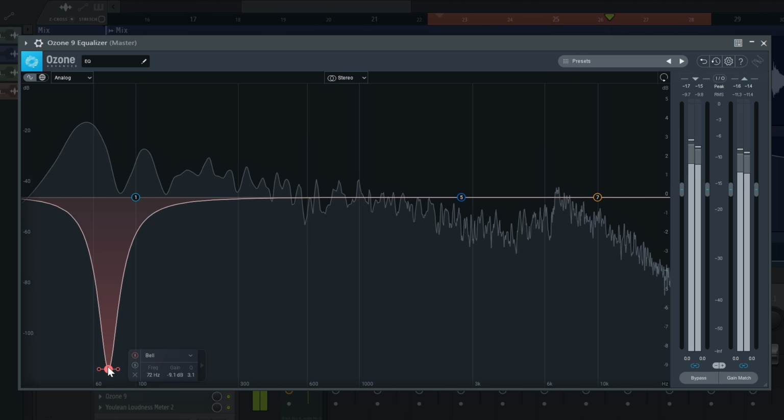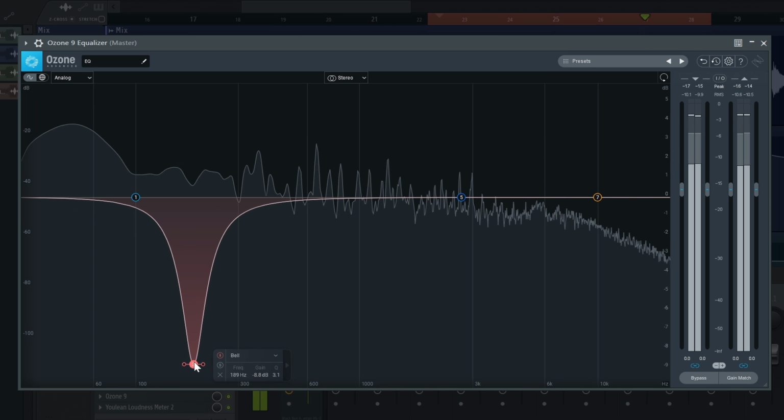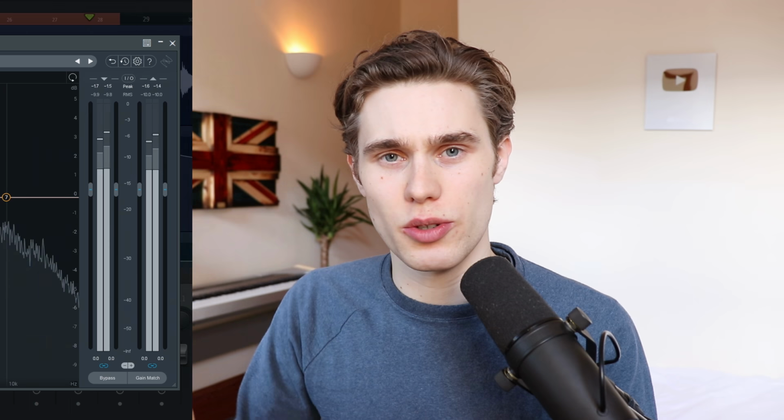And if that's the case, if you can find a frequency, say you get to 300 Hertz, and you can take away a ton and you actually think things sound better, at that point, take that cut away, but go back to the mix and see what is happening at 300 Hertz that's causing a problem. It might be a resonance on a piano or a guitar. It might be some of the low mid of a vocal is all congested, for instance. So once you've dealt with that in the mix, then go back to your mastering and you might find that